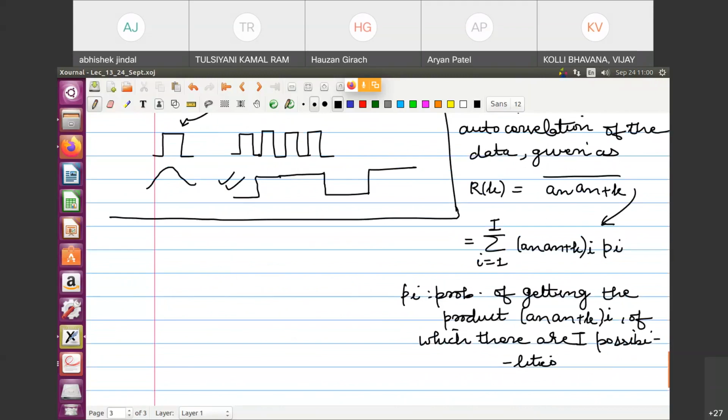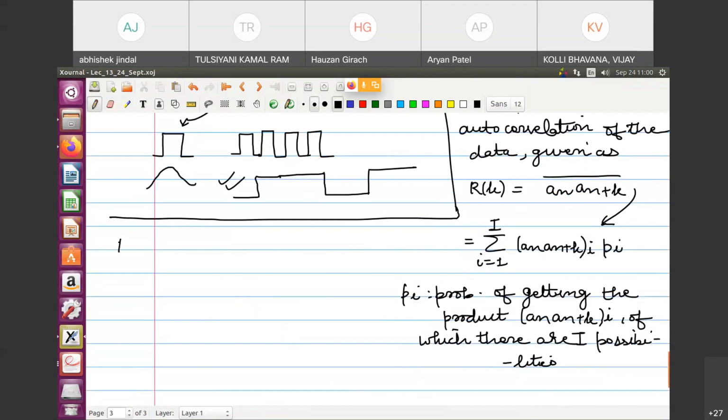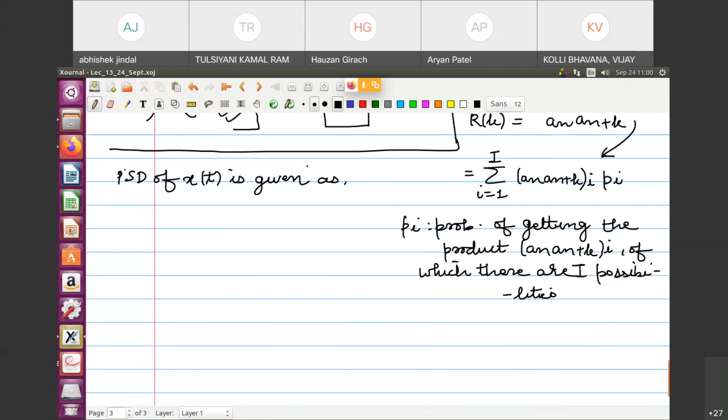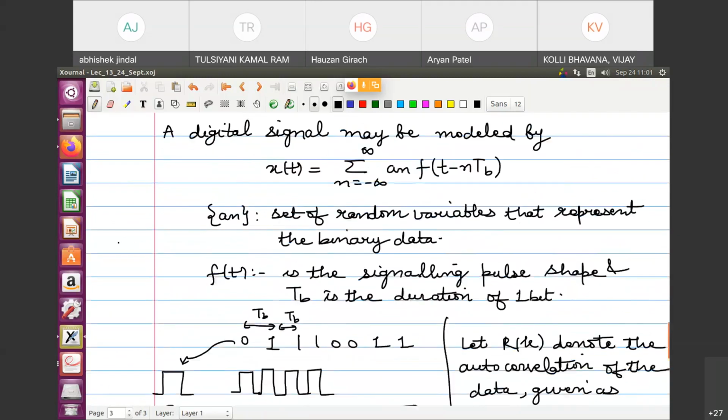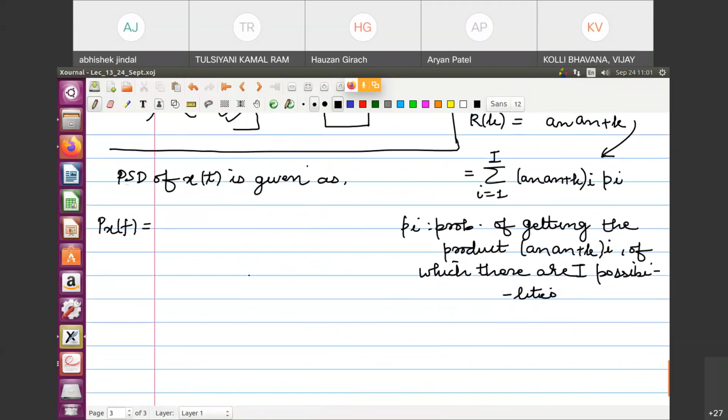Okay. So for such a sequence, let us say I can evaluate the PSD. So PSD of x of t is given as... now PSD I assume you may be knowing, although this also comes from random processes, but what to do. I can just simply quote the formula right now. So P of x f, that is, the signal x of t, which is given by this expression, is given by